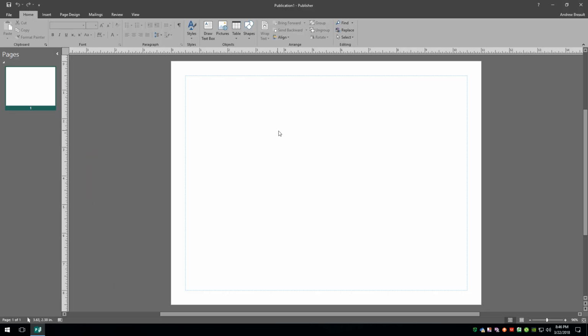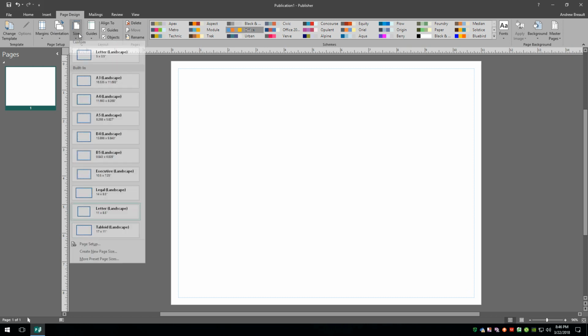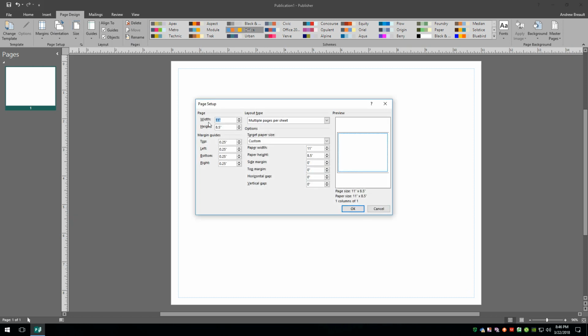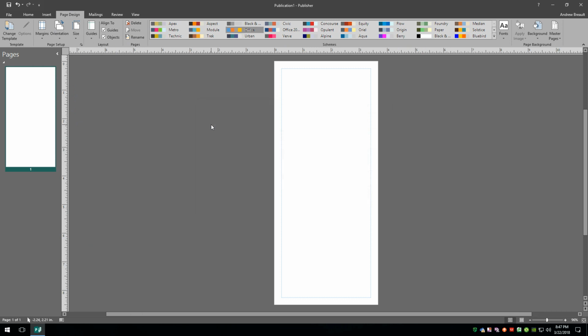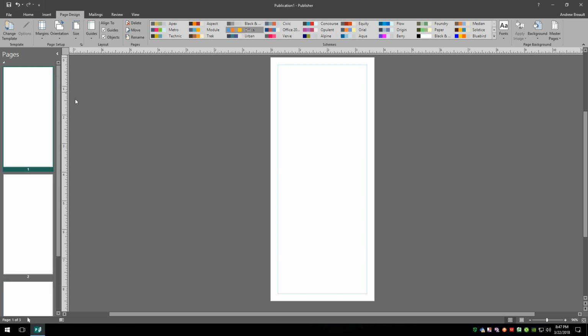So what you would do for that one is you want to go with a landscape page. We're going to go over here to the page design, change the margins to narrow, and underneath this page size, we're going to say that the width is now 3.666. All right? And now what you can do is if you're doing a table topper and maybe 2 of the sides are going to be the same and one of them is going to be something different, or maybe all 3 panels are going to be something different, all you have to do is insert 3 pages, and